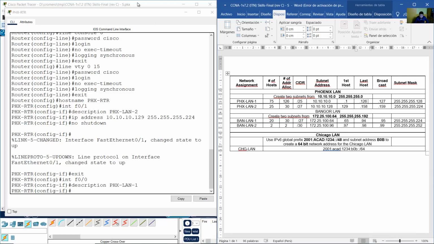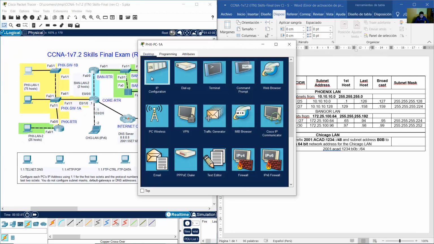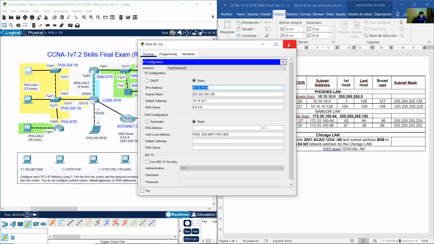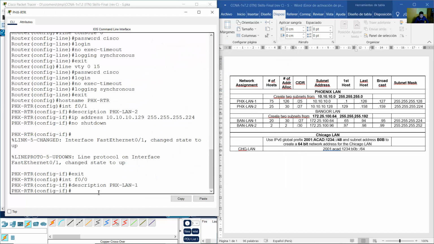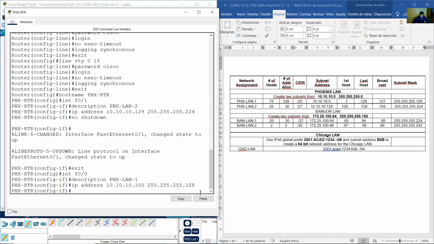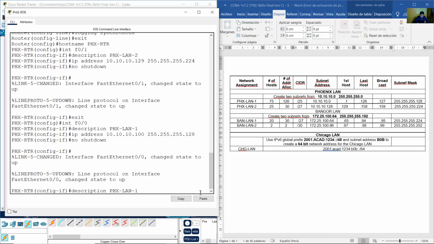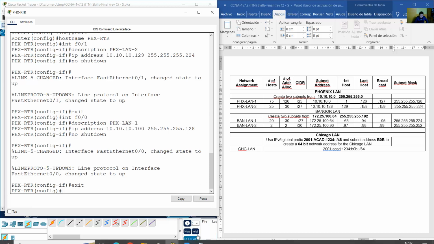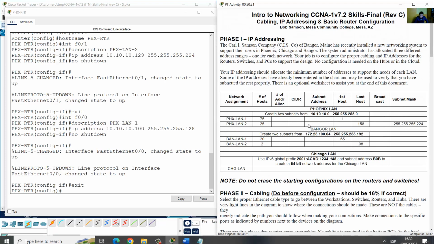For PCs, I use 10 and 11. You can use, for example, 100. IP address 10.10.10.100, and the prefix is 128. Okay, in this range from 1 to 126 I'm using 100, and the subnet mask 128. No shutdown. Exit. Okay, and